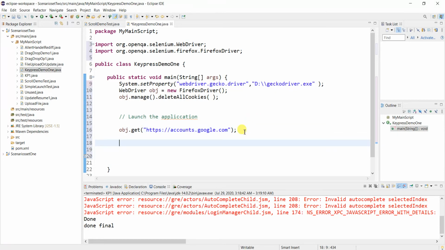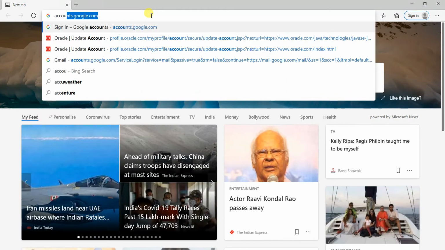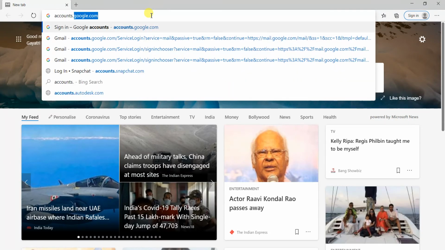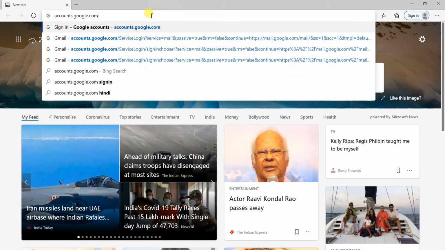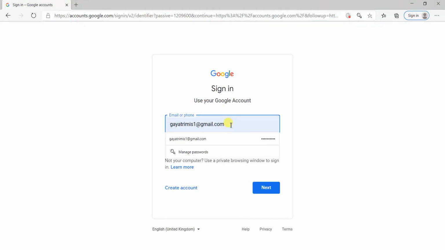After launching the URL, we need to enter the username. So for entering the username, before entering the username I should clear it.